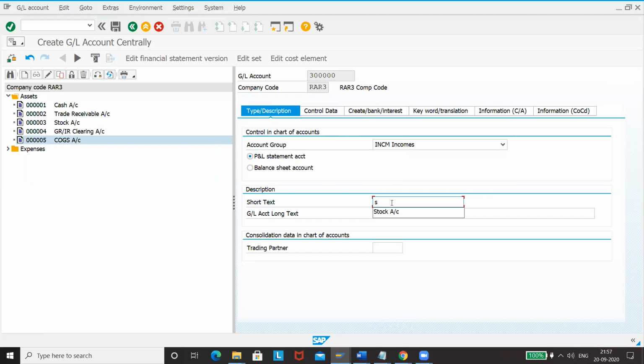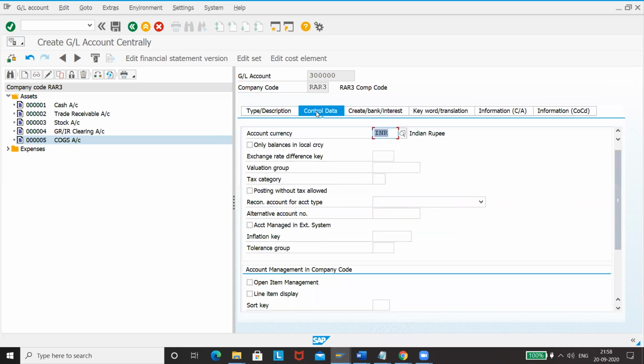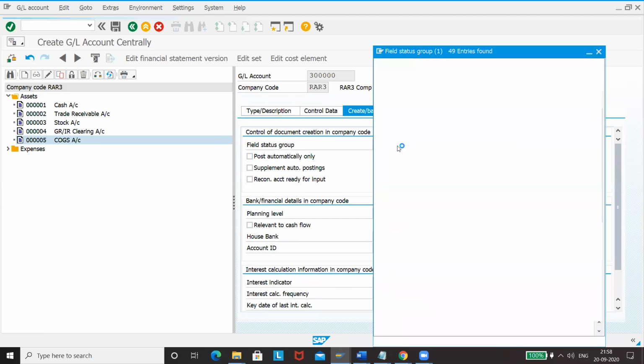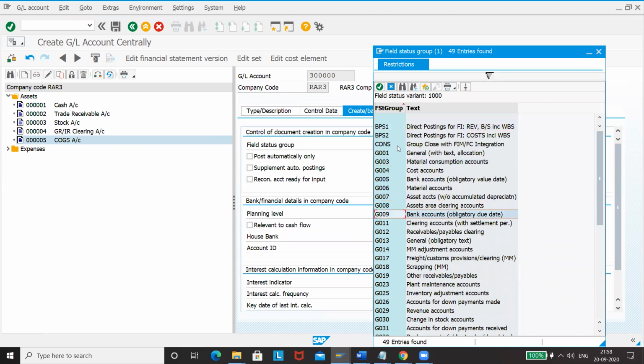So this is sales revenue. Here you have to take revenue accounts.